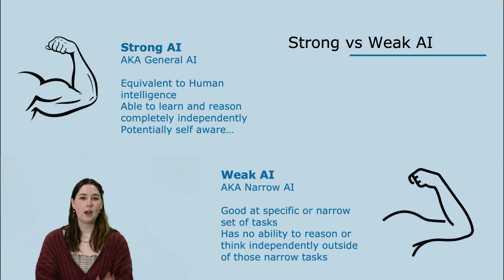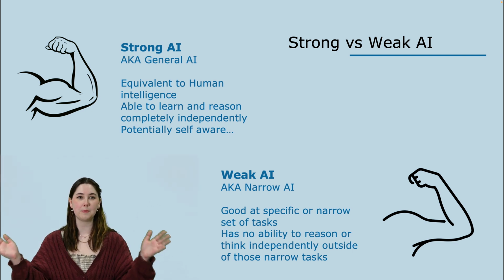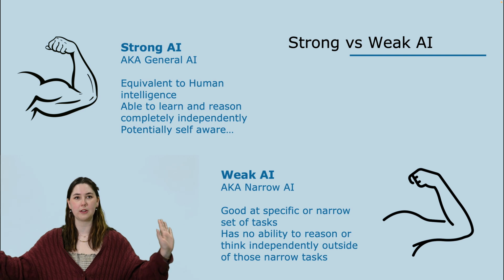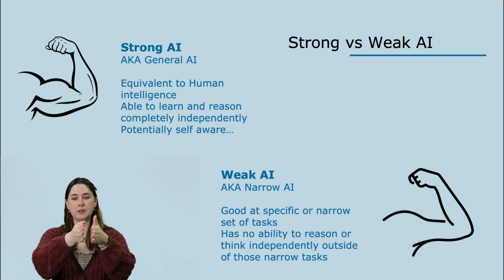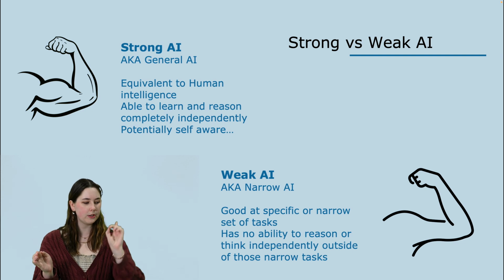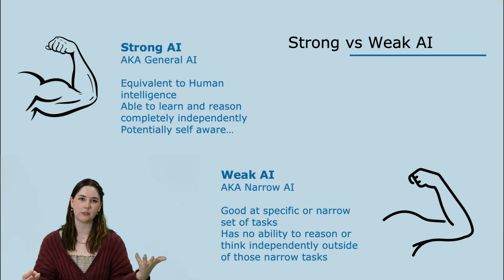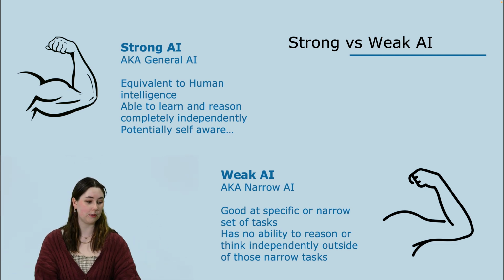Although we'll get into what that self-awareness means in a minute, with how John Searle and Alan Turing define all of that. And then our other idea of AI is weak AI, also known as narrow AI. And the reason we call it narrow AI is because it doesn't have a broad understanding of things like a human does. It has a very narrow understanding of one particular thing. So it does one task really well, and it doesn't really think independently outside of that one narrow task that we ask it to do. And you're probably a lot more familiar with weak AI because we use it every day. I'll get into some examples.